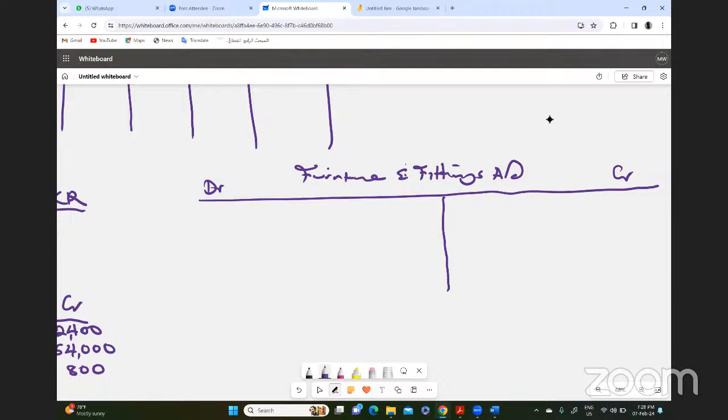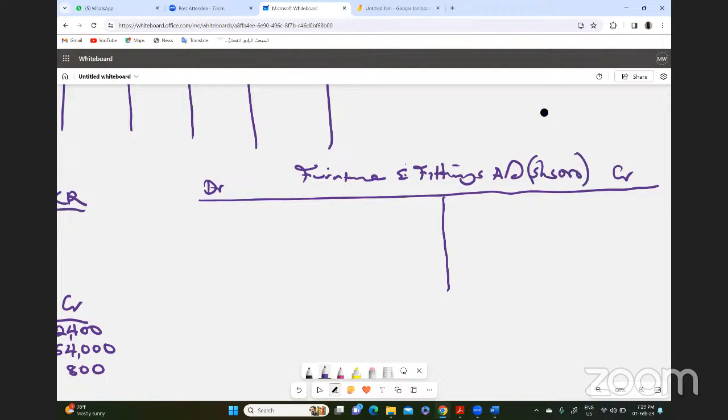Now, if you don't want to aggregate them on the financial statements, then don't aggregate them in the ledgers. Because when you aggregate them in the ledgers, you will have one balance, one figure for all of them. And you'll have no option but to take one figure into your financial statements, which is wrong. Okay? So that's why we break them down. Each material item, give it its own ledger. So furniture and fittings, we are debiting it with